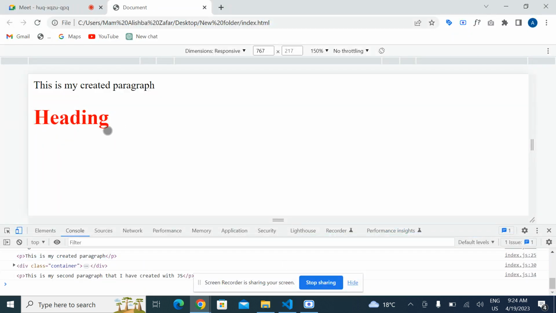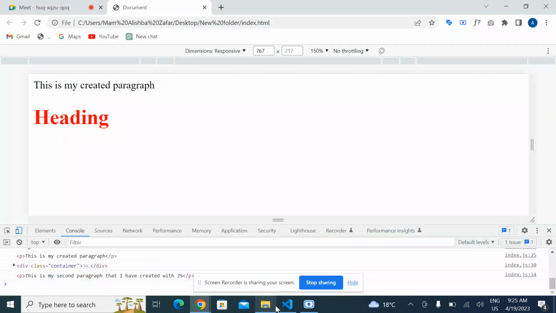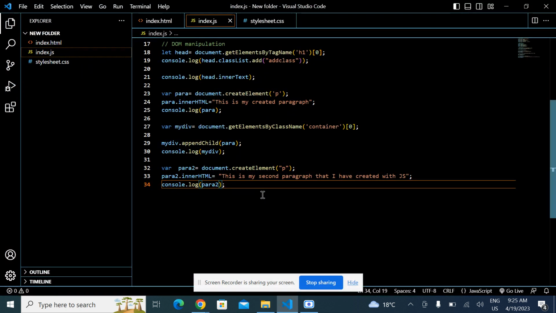Now I have my first paragraph, which I have created in the para variable, that I appended as a child over here. Now if I want to replace this child with my newly created para 2, what I can do is simply replace this child. So I can say that